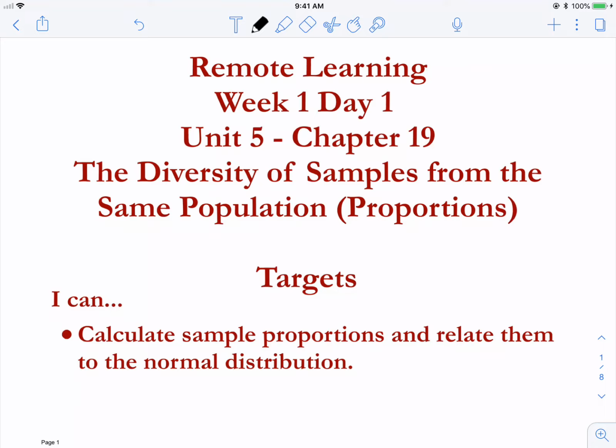To build up to that, we have a little bit of work with some of the techniques that we'll be using as part of those tests. So we start with looking at sample distributions, and specifically today, sample proportions. You can see our target there: calculate sample proportions and relate them to the normal distribution. These notes are at the top of the page